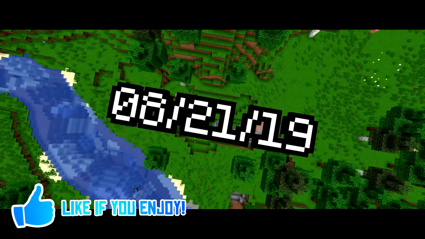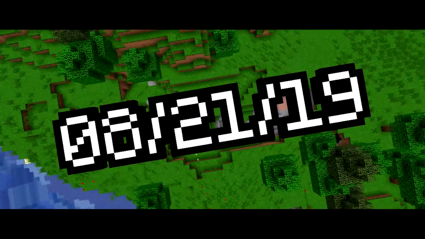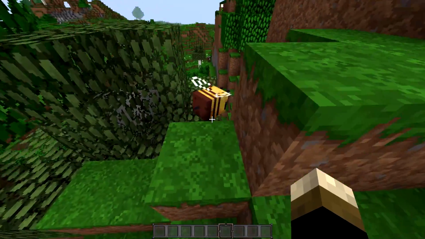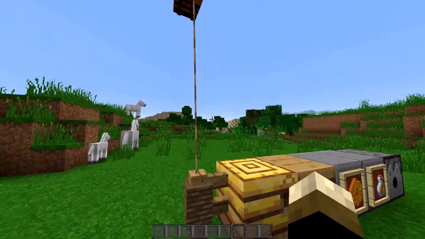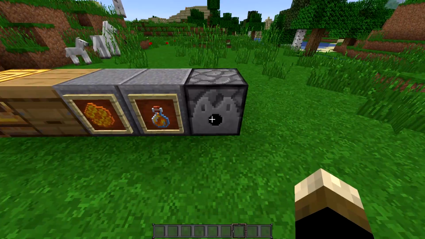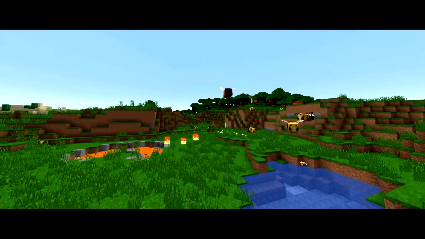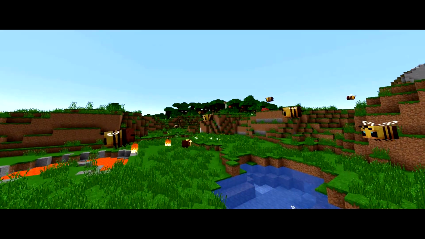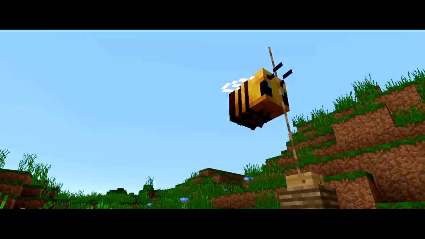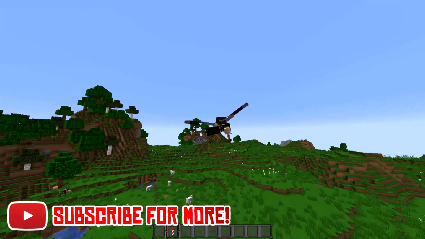On August 21st, 2019, Minecraft was updated with a shockingly detailed snapshot. 19W34A added quite a bit to the game, all surrounding bees. Adding bees, bee nests, hives, honeycomb, and some interesting dispenser and redstone functionality, bees are quite interesting to toy around with. Like I said, at a first glance, they do seem really simple, but in reality, these bees are the bee's knees. If you want to find some bees in Minecraft, you need to go to a flower forest, a